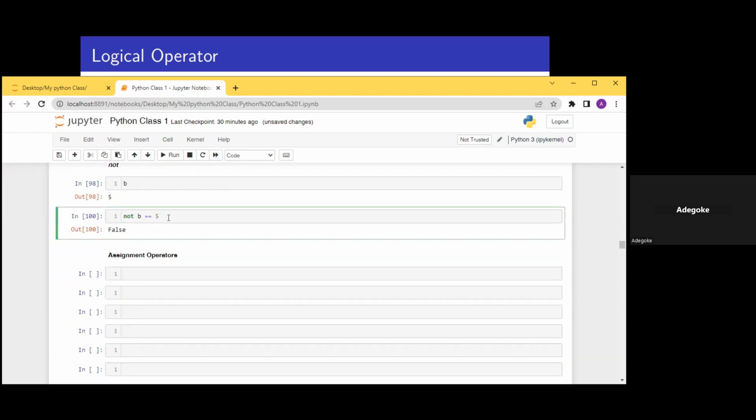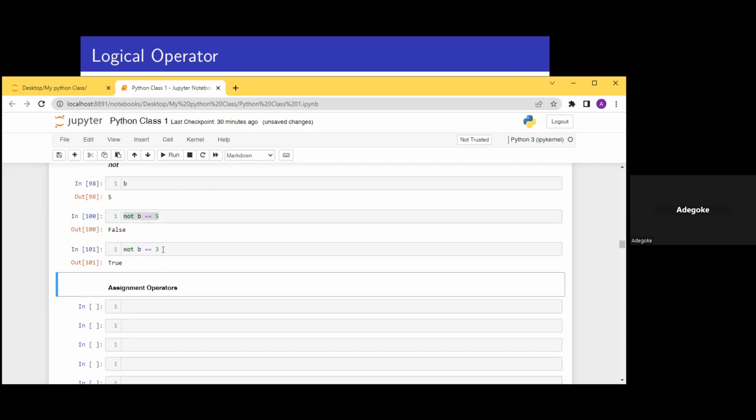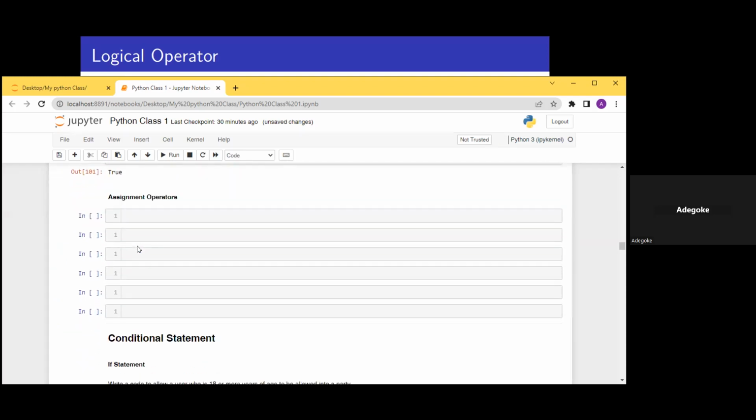So if I have assigned 3 to this particular value, it would have given me true, because B is not equal to 3. Rather, B is equal to 5. And that is that. So for the assignment statement,